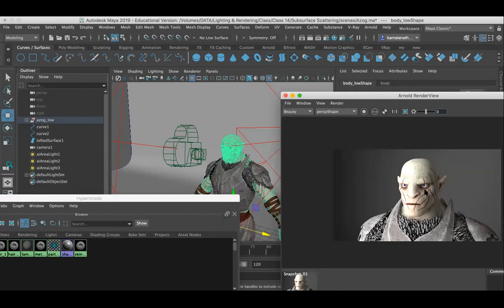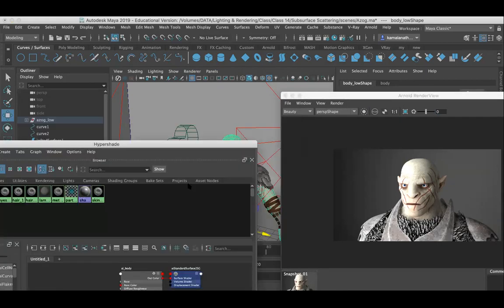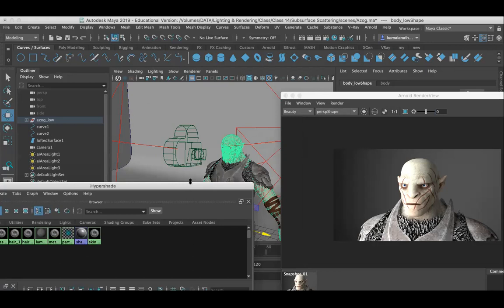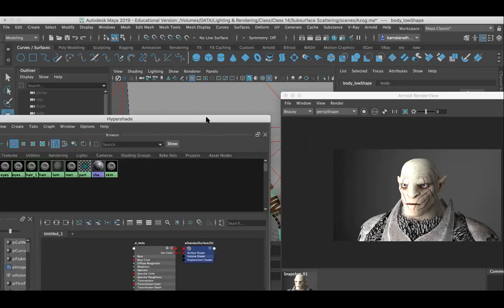If not, now you can see I can select from the image. That's why I told you Arnold is powerful, and why most artists in the industry use Arnold. Arnold gives us more flexibility than other renderers, with good output.